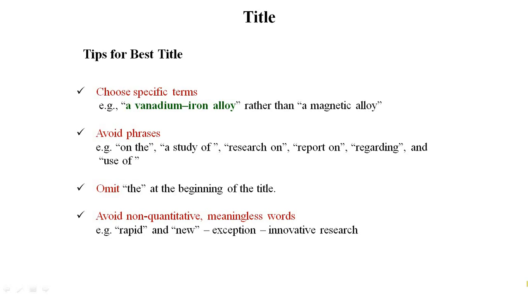Here I have given one example. The authors might have used some magnetic alloy. Instead of using this common term, it is always suggested to go with the actual names. Because when someone tries to make a literature survey or search for some paper related to these vanadium or iron alloy, your paper may not come up in the first instance if you use some common name. Always be precise, use the specific terms in the title itself.